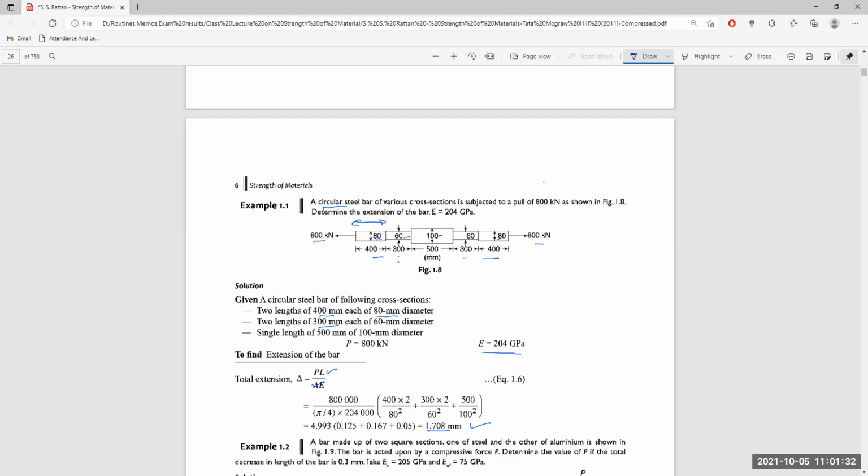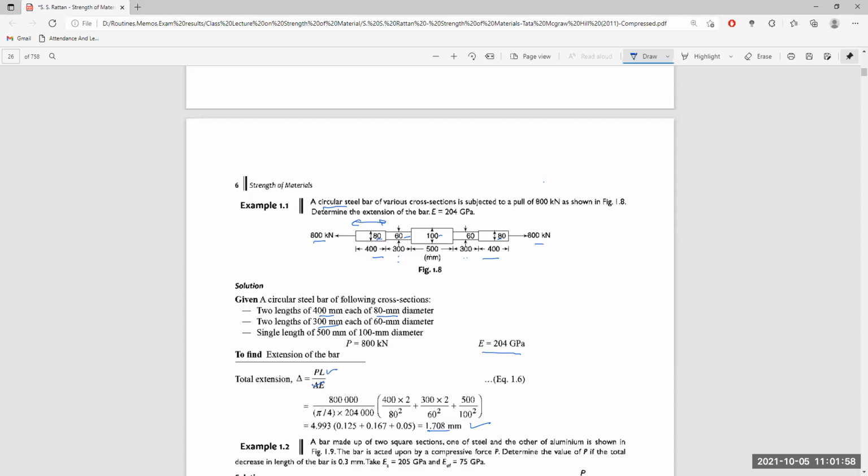And is there any other portion of the bar? Here is another of this diameter and length. Okay? Here's 400, 800. So the load is acting 400 over here as well as here. So I am putting 800 everywhere. So 800 is brought out, multiplied by 1000 to make it Newton.